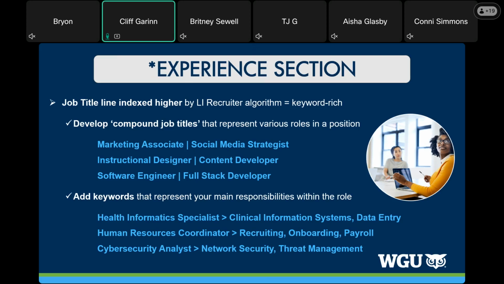I'm a home cook, and when I'm developing recipes or cooking from another recipe, I may find other ingredients that make it a deeper, richer dish. I don't want to overwhelm it with a lot of ingredients, but maybe a couple of things. That's what this does. This can make your profile and your work experience a little deeper and richer for the reader.